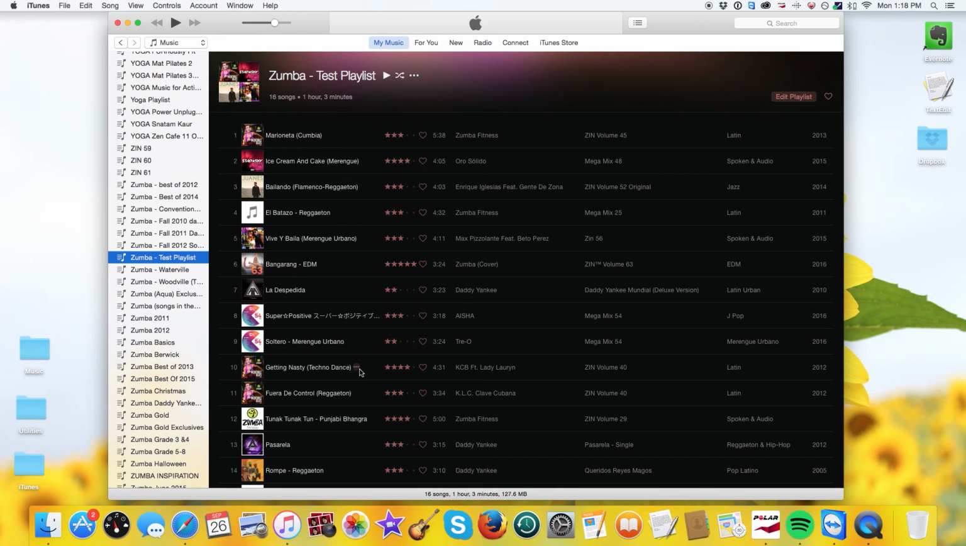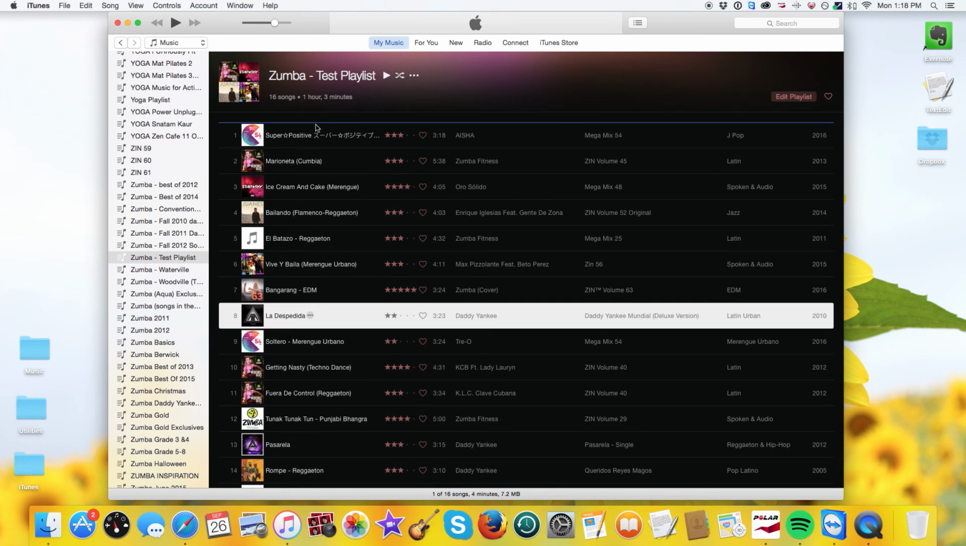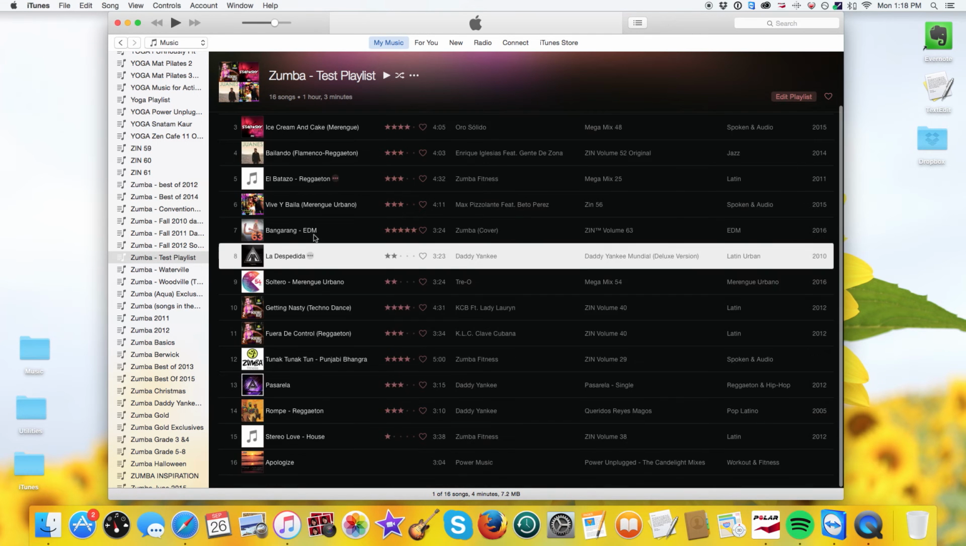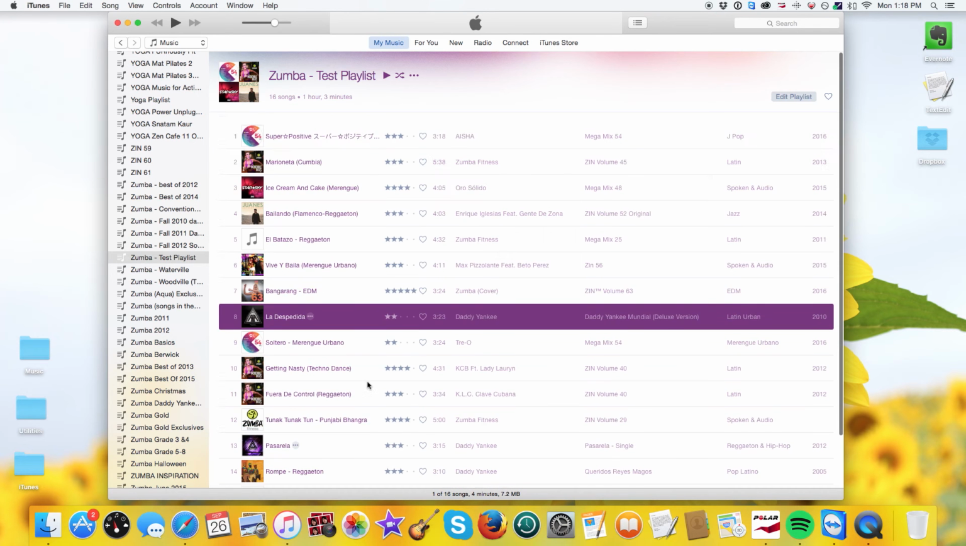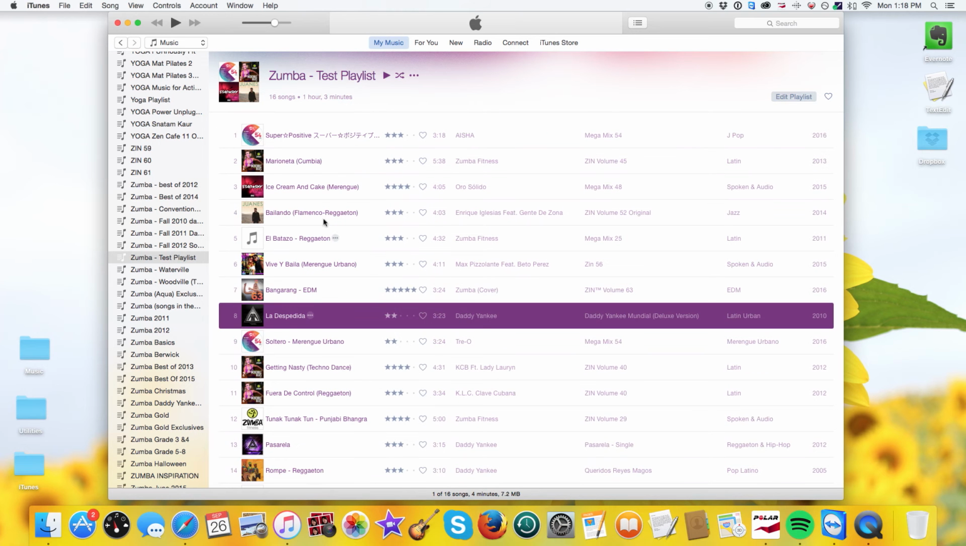So, first up, I know that my warm-up is super positive, so I'm going to throw that up at the top, and I know Apologize is my cool down song, so that should be down at the bottom. And I'm not sure why that just changed colors, but anyway, you'll then see that in iTunes there is a place for you to rate all of your songs, and you can give it different star ratings. This is meant to be how much you like a song, but what I've done is I go through